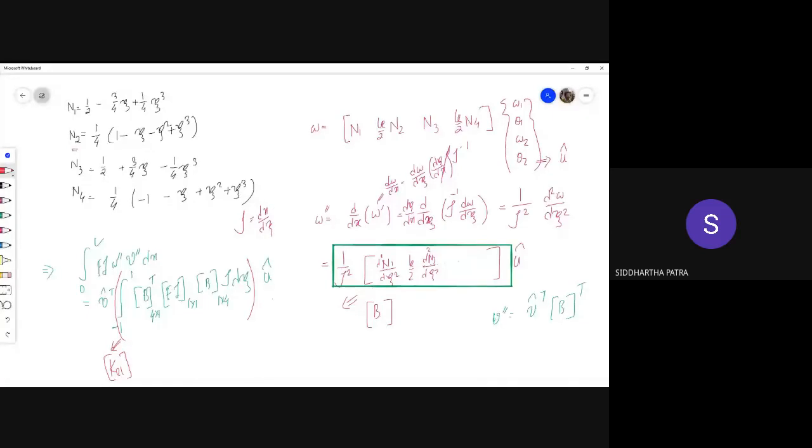বি ম্যাট্রিক্সটা পাওয়া গেল? স্যার Yes. আচ্ছা,